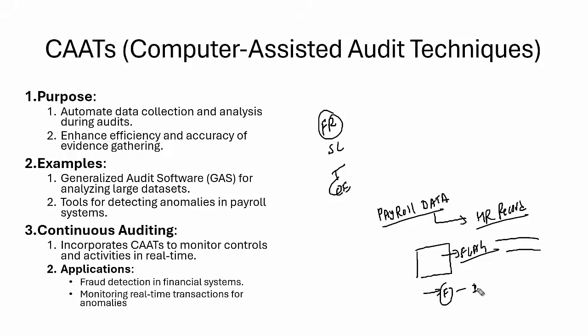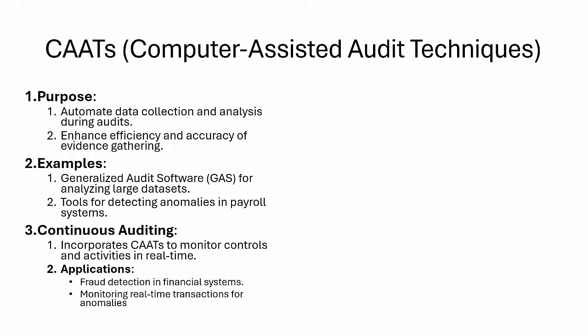Here, the auditor is reviewing the payroll transactions to identify the ghost employee, like a fraudulent employee on the payroll. The auditor matches the payroll data against the HR records using a CAT software. The system will flag all employees who are receiving a payment without matching a HR record. The investigation can reveal how many fake employees we have, created by an insider for payroll fraud. So this is how we can use this particular process.